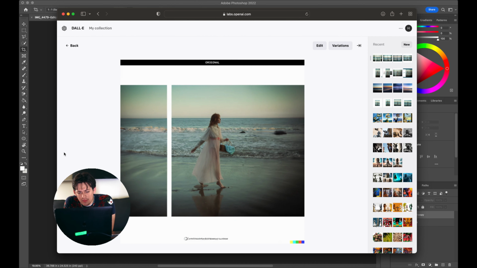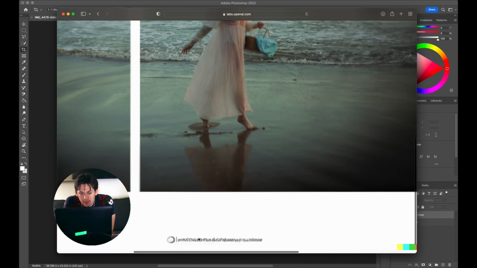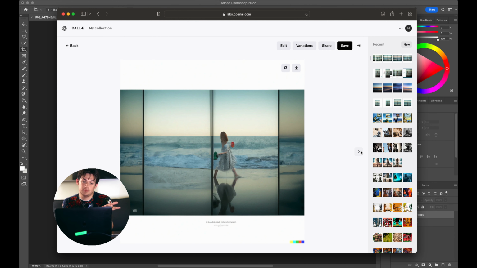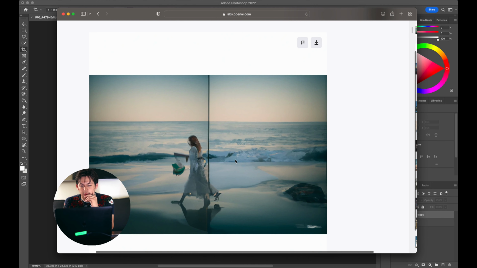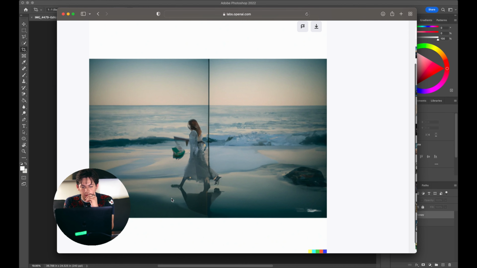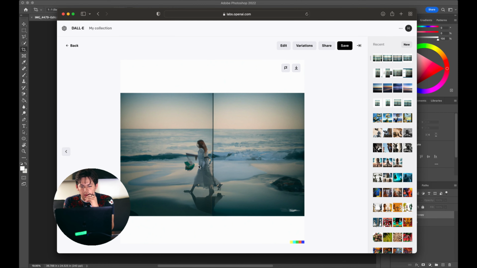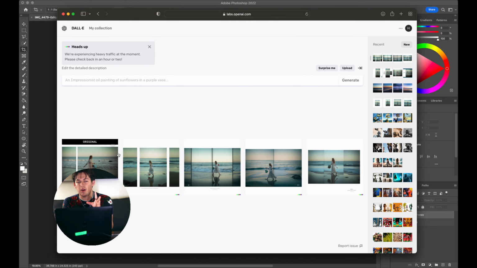Oh, and it added some text. Wait, did you have text? Yeah, it has some text. Dall E is not good at text, so interesting. So it flipped this one again, and it added another leg, and now it's an oil paint. So it's more inclined to creating variations of